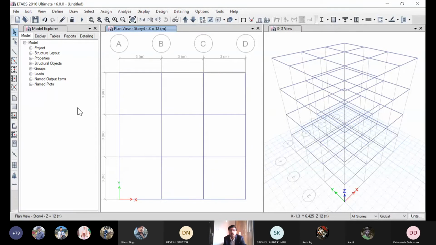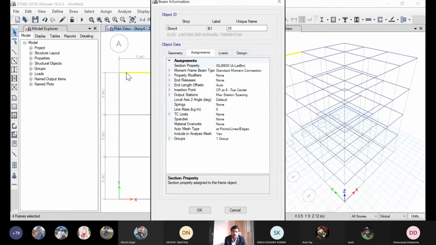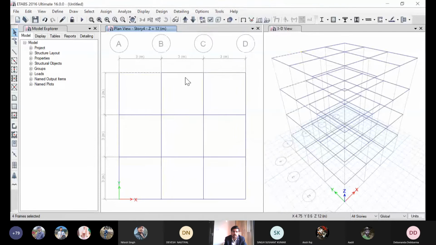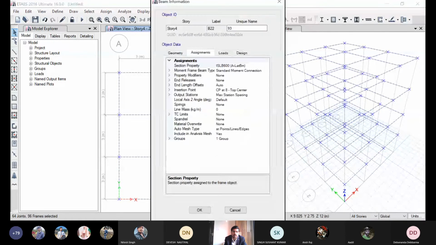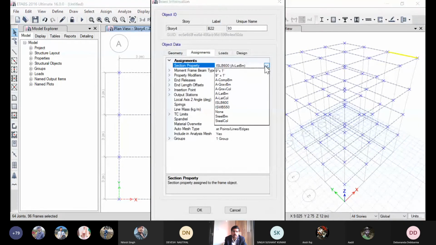We can press escape. Now, if we want to check what the property is, we can just right click. See, the section property is not what we needed. We needed this one. So we can just select them and change the property to our standard one.